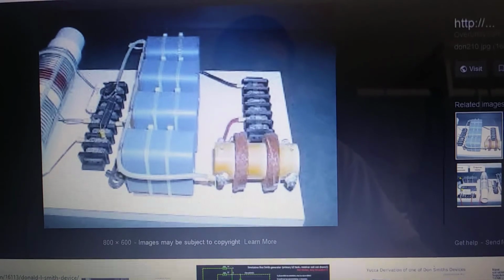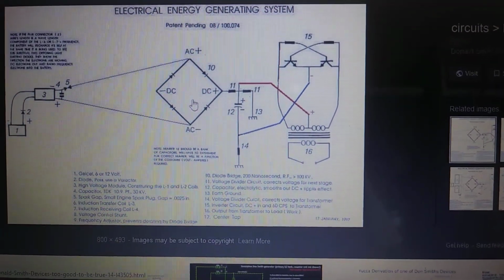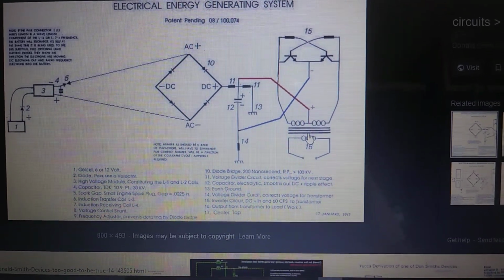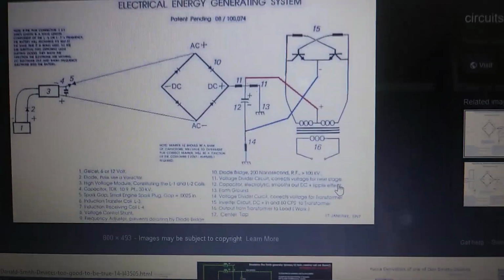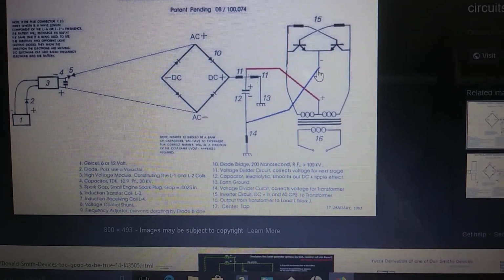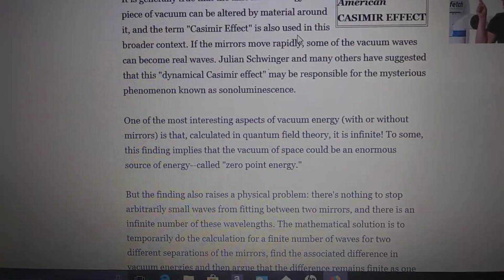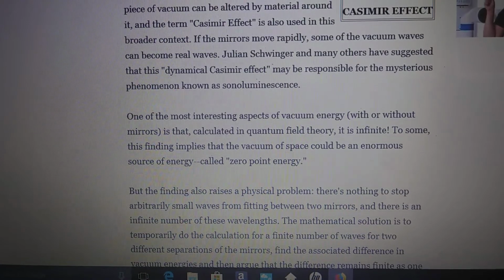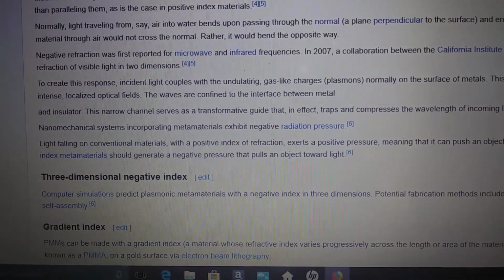Then you can use that and switch it in after you do a voltage divider and rectify it. You switch it in your transistors through your bifilar coil step-down transformer. Okay, and that's how you tap the zero-point energy. You're using the dynamical Casimir effect with phase conjugate mirrors, these phase conjugate mirrors that are caused by exciting